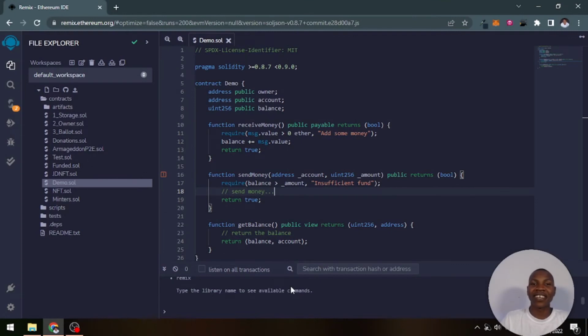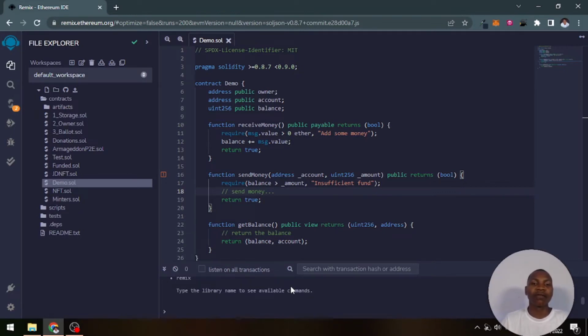This is Darlington here again. In this class, I want to teach you some essential methods of an address data type. In the previous classes, we discussed the various operations that you can do with unsigned and signed integers, but we didn't discuss address data types and the various methods that come shipped with it. I'm not going to talk about every one of them, but there are essential ones that you need to acquaint